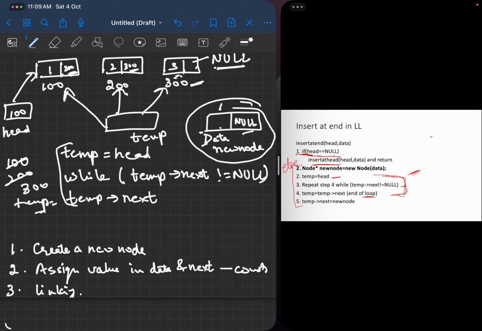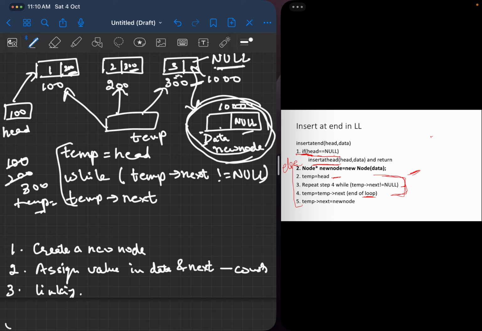Suppose the memory address of this new node is 1000. If instead of null I write 1000 here, that means this link will be created, and this new node will be linked to the given linked list, right?